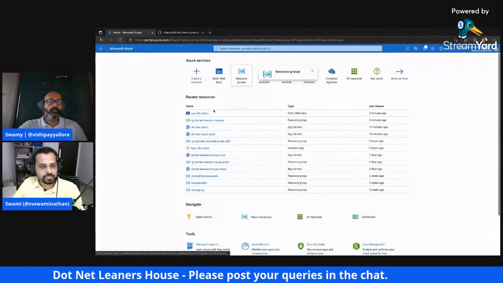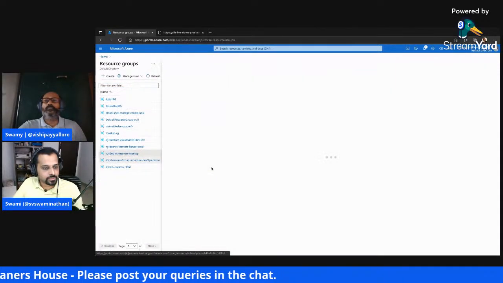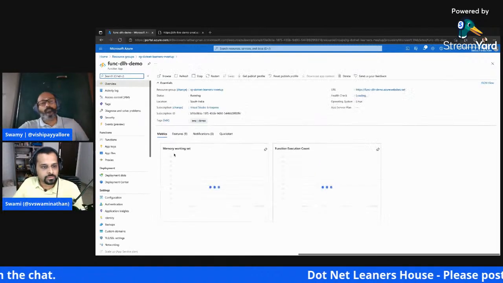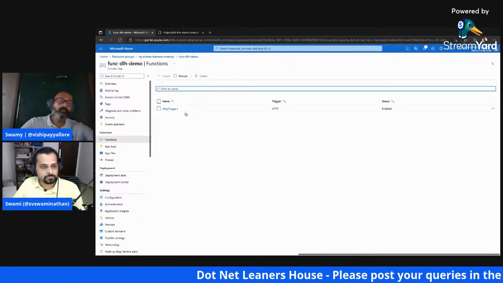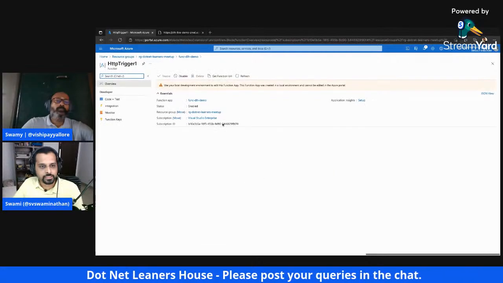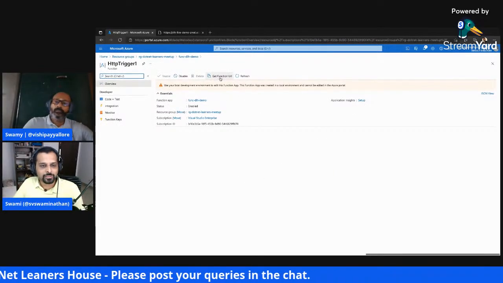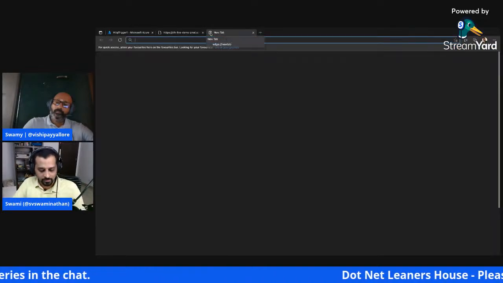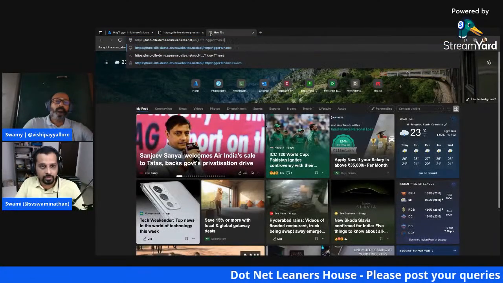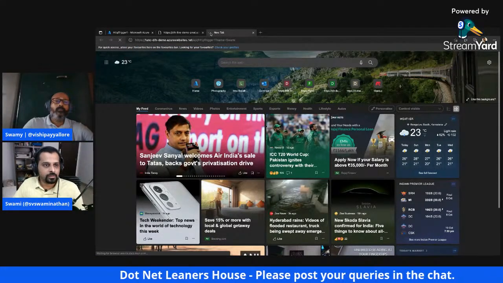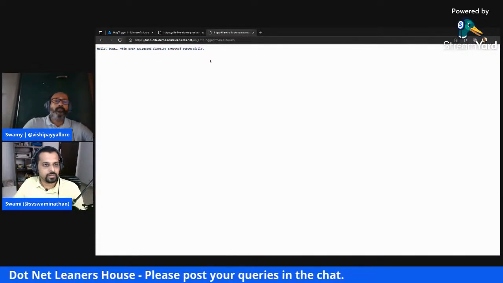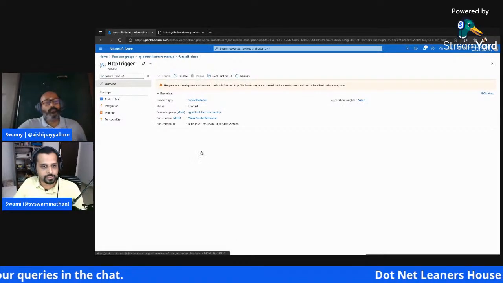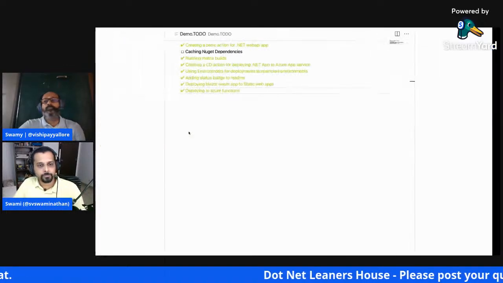And if you want to see that function in action, I can also quickly show that. So this is the function, a basic one, whatever you get out of the scaffolded template. This is the HTTP trigger function. I didn't even bother to change the name of it. So I can copy it and then just go ahead and say name equal to Swami, for example. You just say hello Swami triggered, right? So this entire deployment happened via the GitHub Actions which I've set up and which I just showed now.